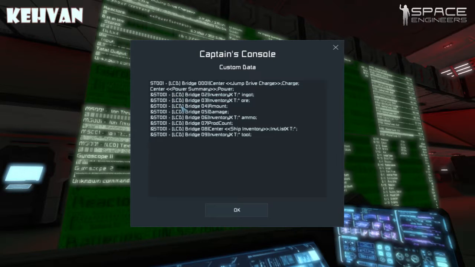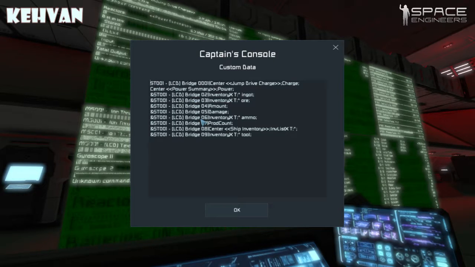ST001-LCD bridge 02 03 04 05, and the associated command. Now, the first one actually is demonstrating the capabilities of what I've created here. Just inherently, it's part of the system, really. But